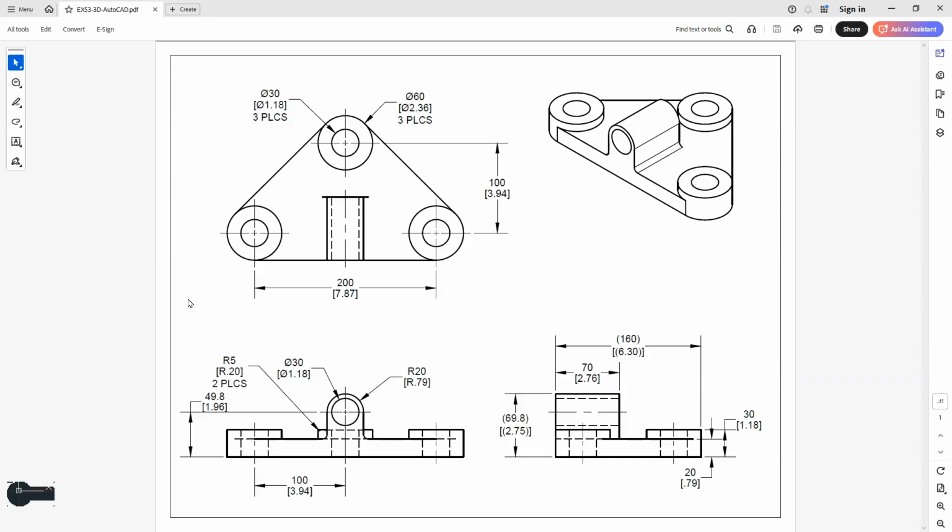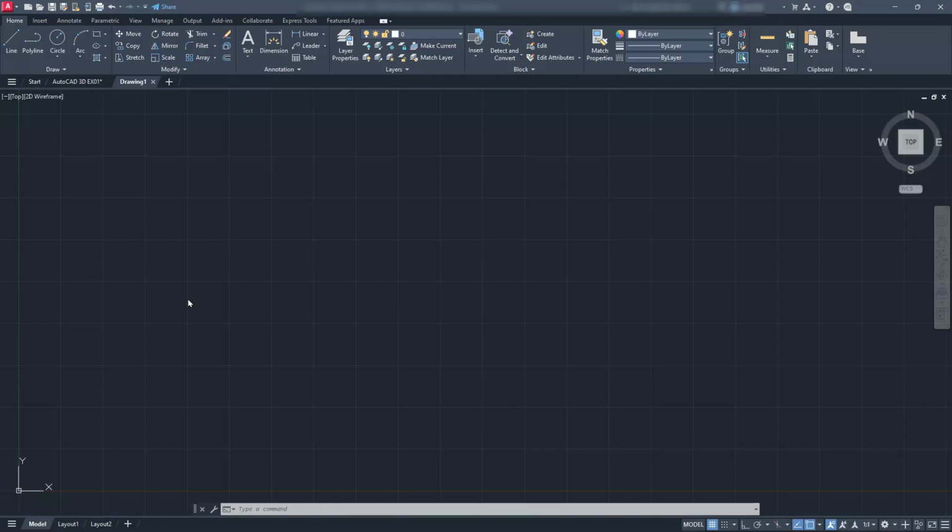So here in AutoCAD, you'll notice that one of the first things that I probably need to do, and I'm going to purposely not do it in this video, is change the ribbon at the top. I'll save that for a little bit later as we go through, because most of the time when people are creating these drawings, they're using the 2D part of it, and when we get to something that's really important or we're looking for a certain command, that's when we'll switch over to the other ribbon. But as far as what we need, we can go ahead and use this ribbon here,